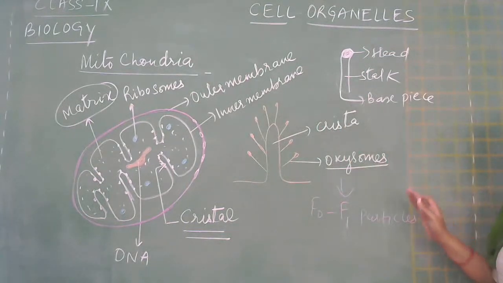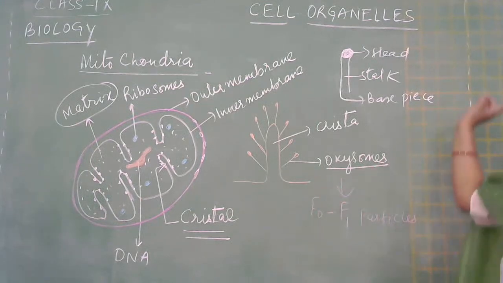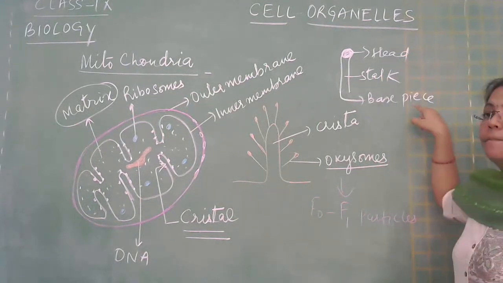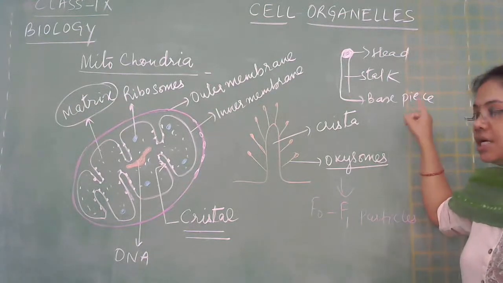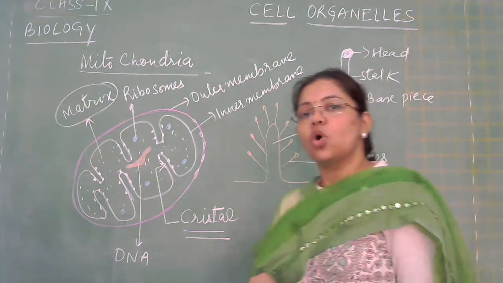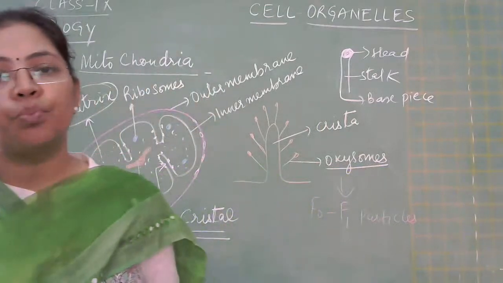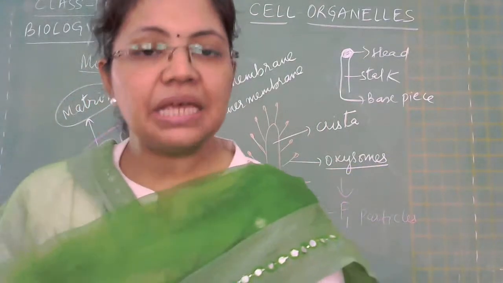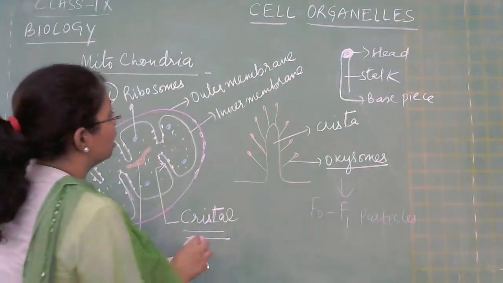You see the structure of one single oxysome. It is made up of three parts: head, stalk, and base piece. Now the head of the oxysome is quite important because it contains the ATP generating